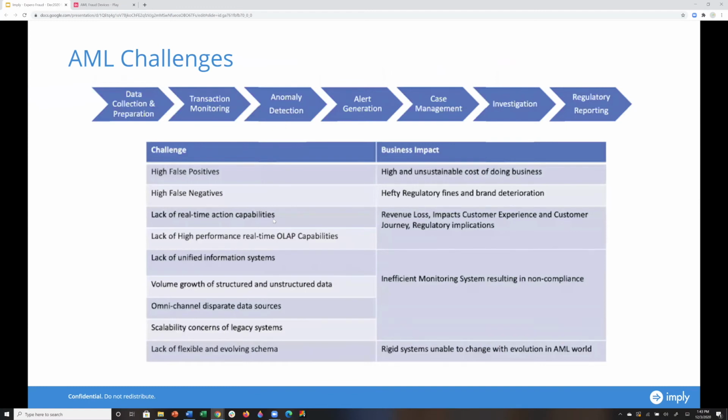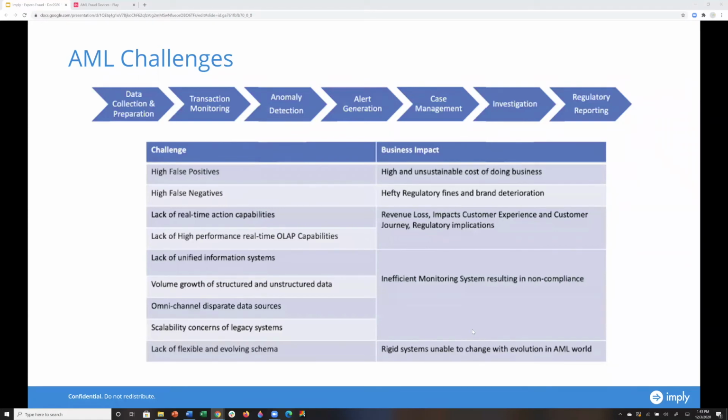All right, so from the top, you see here the high-level process, starting from data collection and preparation, transaction monitoring, and so on, up to regulatory reporting. So this is the typical process, and within these processes, you have this different set of challenges. If you have high false positives, it means you have a very high and unsustainable cost of doing business. And then obviously you get impacted by heavy regulatory fines and brand deterioration if you have a lot of false